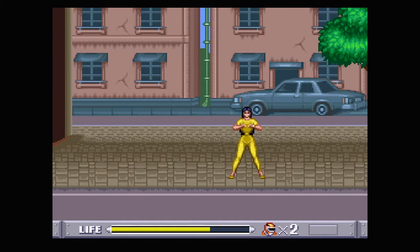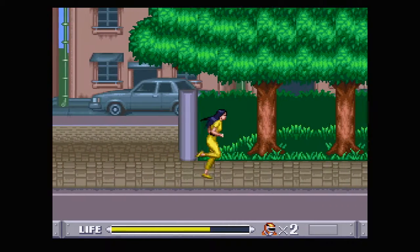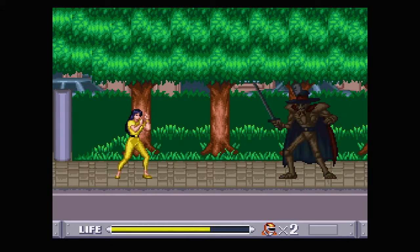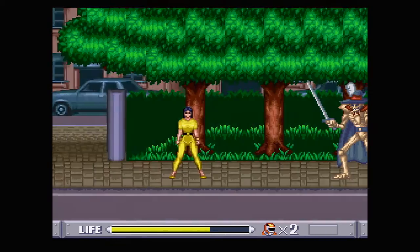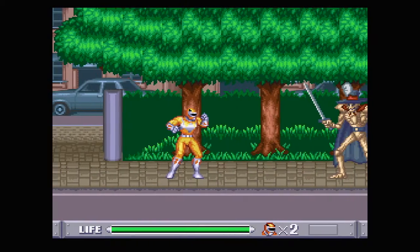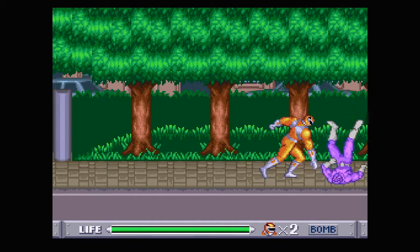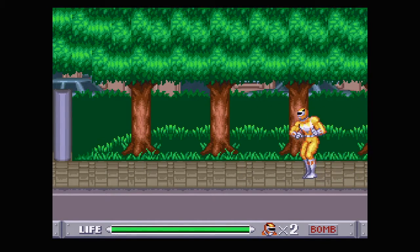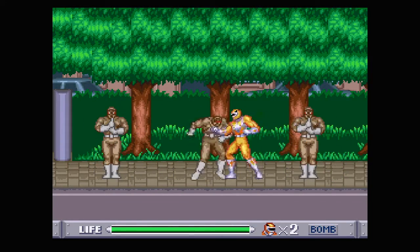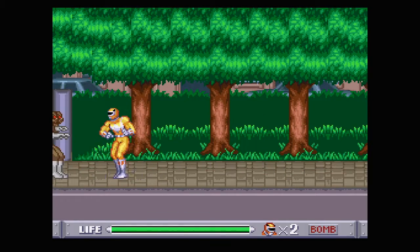The animations are pretty nice. Like when she throws, that's a really nice animation. Also, I chose Trini because I feel like Trini never gets picked. Saber-tooth tiger. Oh right, yeah. The boys and the girls all have the same sprite, so they all look the same. They're all just these beefed up, chunky dudes. And I just found out that they're taking Power Rangers, at least most of them,